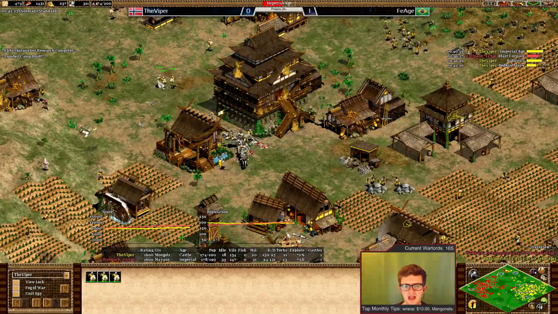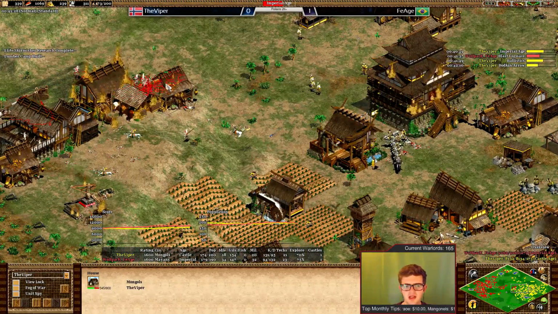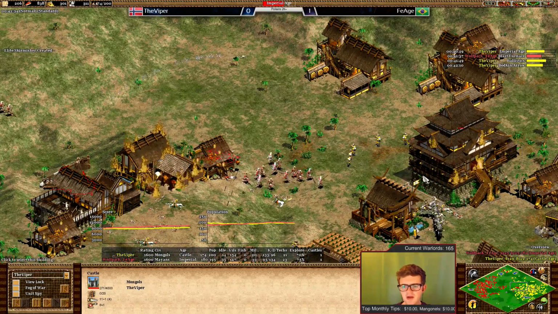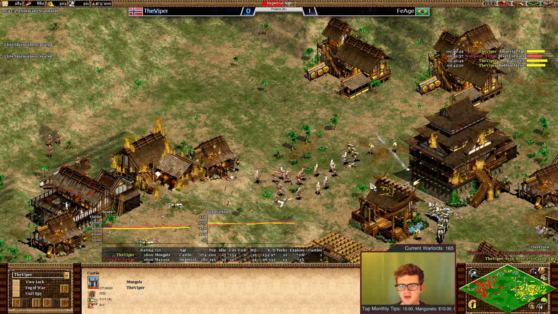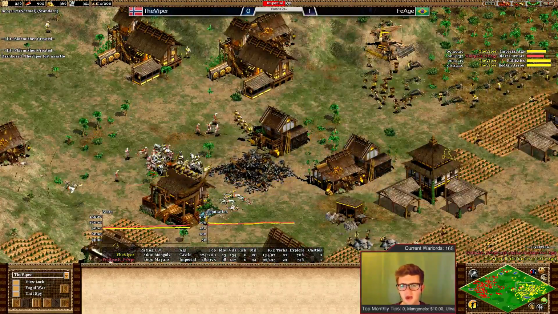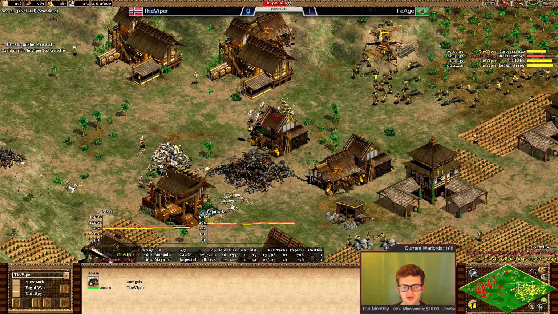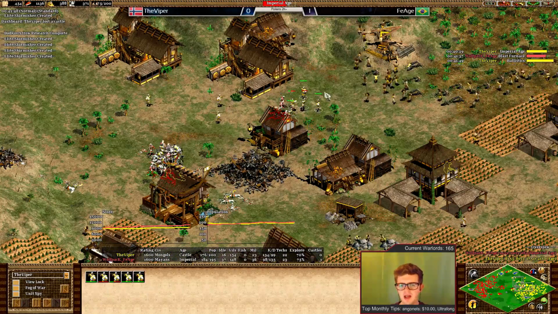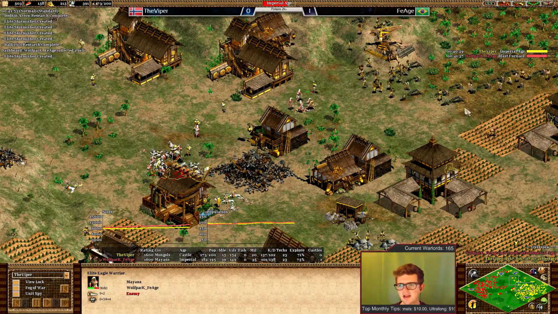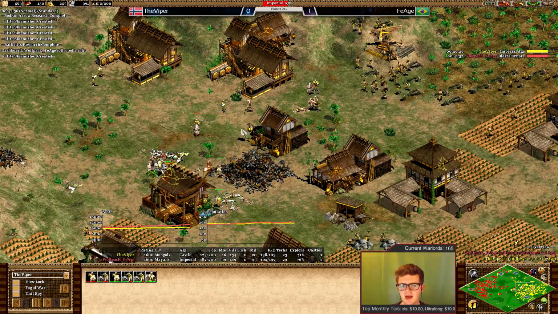He's doing bodkin arrow for these elite skirmishers, but against fully upgraded Eagle Warriors, these skirms are not going to hold their own. There's no chance. Viper there going to lose that castle, and that's just going to open up the front of his economy for this raiding to come in. Elite Eagles now fully upgraded with Blast Furnace any second, and yeah, I mean, that's going to be pretty nasty